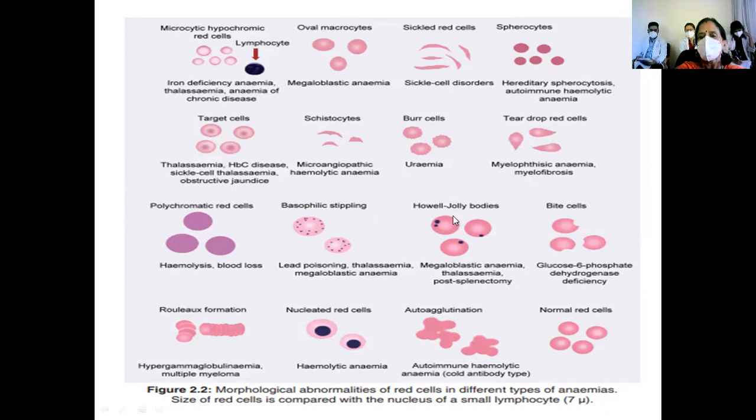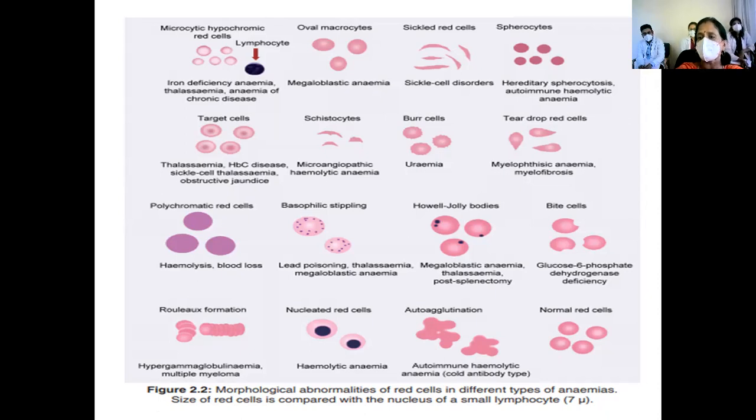Fine. So Howell-Jolly bodies, these are the nuclear remnants. See, the nucleus is not totally thrown off, so a small portion of the nucleus is left. It just looks like the nucleus, but it will be situated at the periphery of the cell and is usually 1 micron or less than 1 micron. To say it is derived from DNA, what has to be done? Stain for DNA. You are telling me acridine orange.